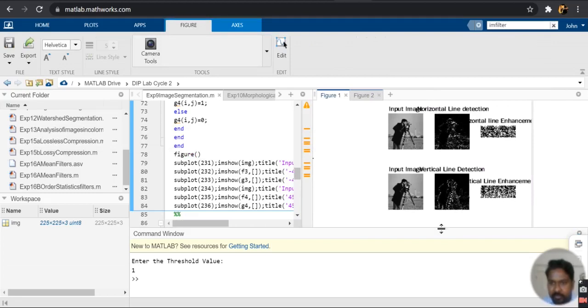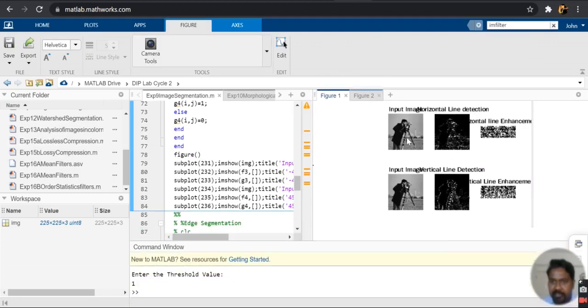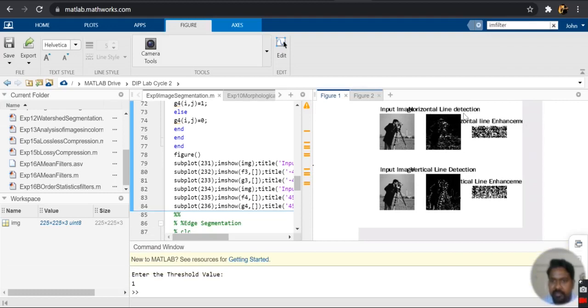Again, I apologize for the overlap in the text. You can see that in the first case, you have an input image, you have a horizontal line detector, which means that any segmentation that it can do is based on commonality in values across horizontally. So possibly one example is to focus on the tripod stand of the camera. As you can see, the horizontal line detector does not capture the vertical tripod stand, but the vertical line detector does a much better job in capturing the tripod stand.